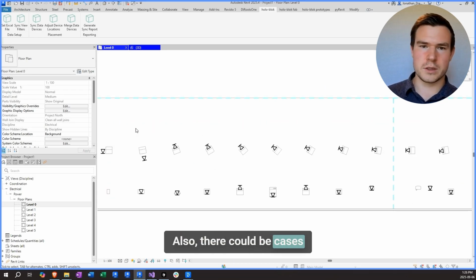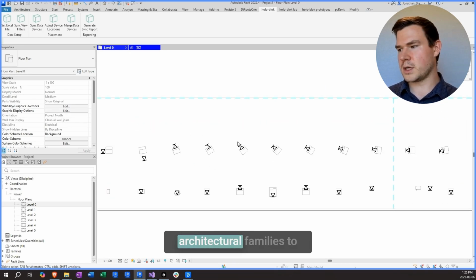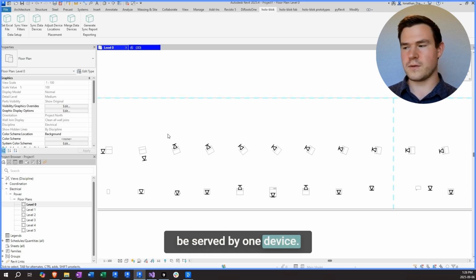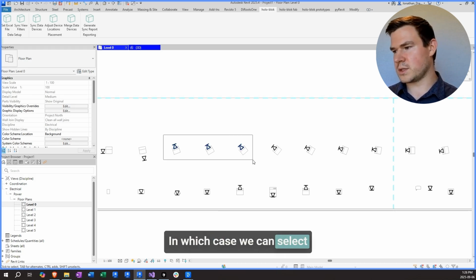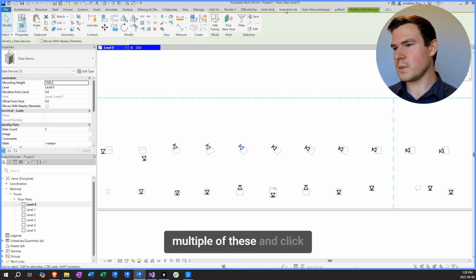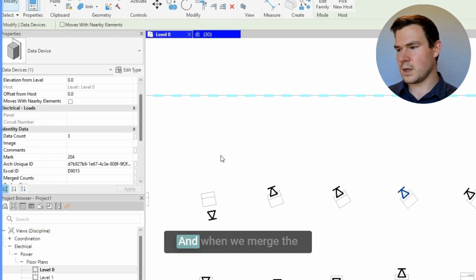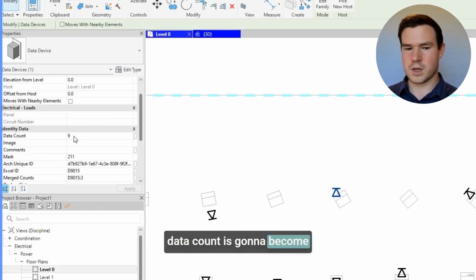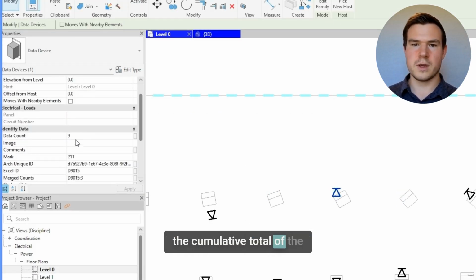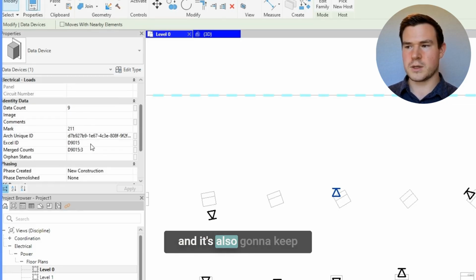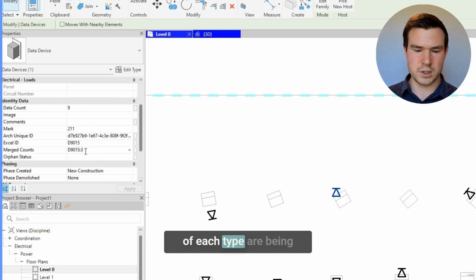Also, there could be cases where we want multiple architectural families to be served by one device, in which case we can select multiple of these and click on Merge Data Devices. And when we merge, the data count is going to become the cumulative total of the devices that we merged. And it's also going to keep track of the count of how many different devices of each type are being